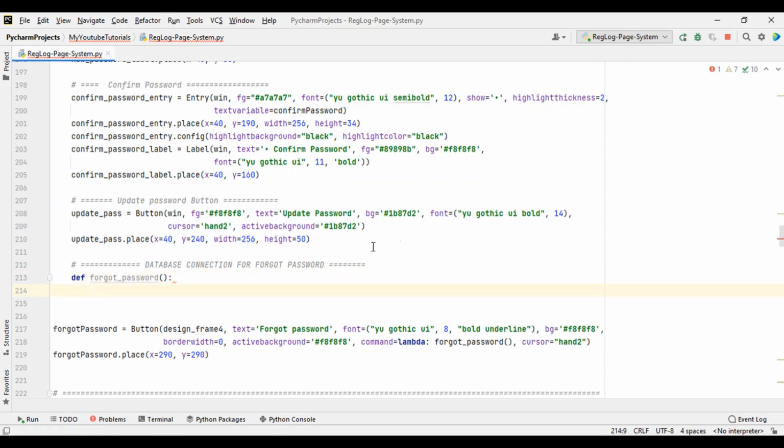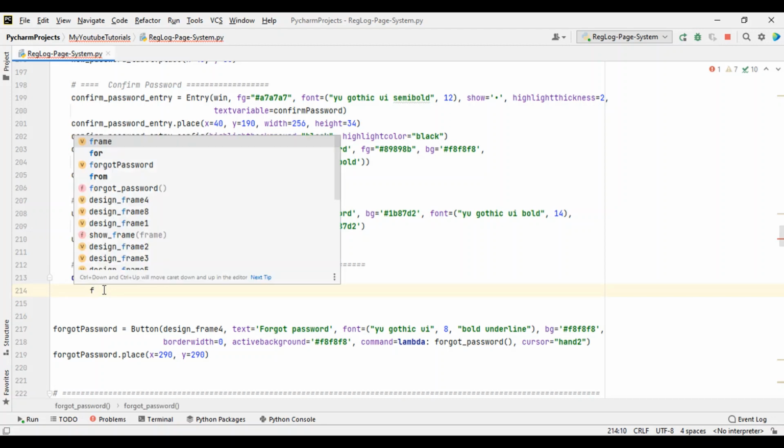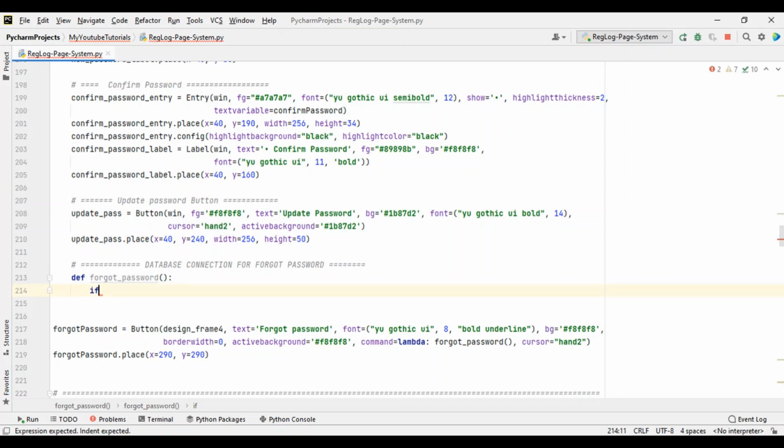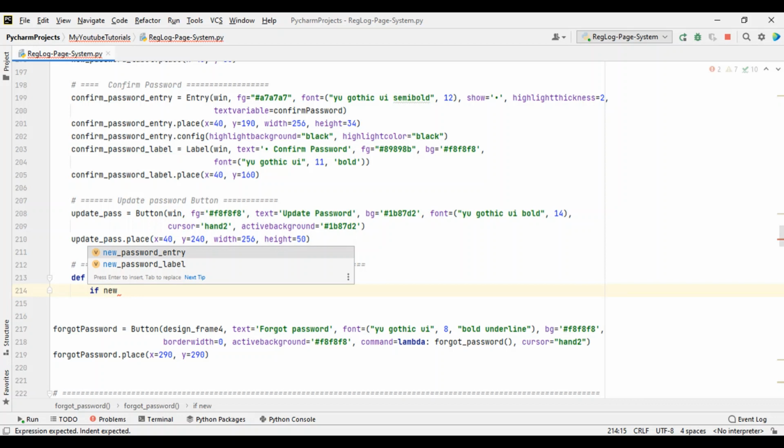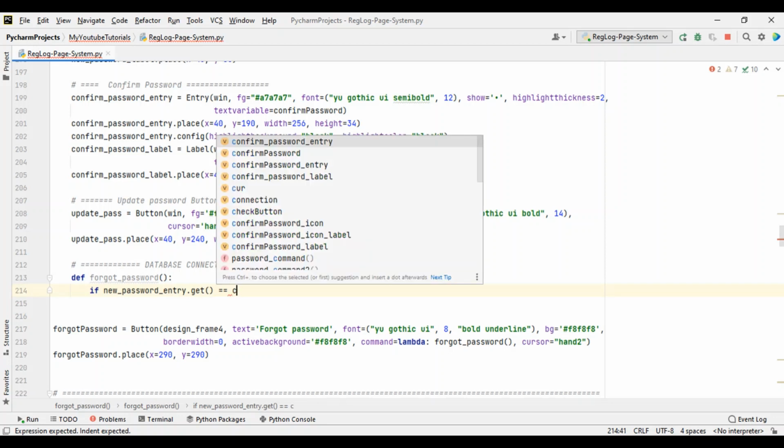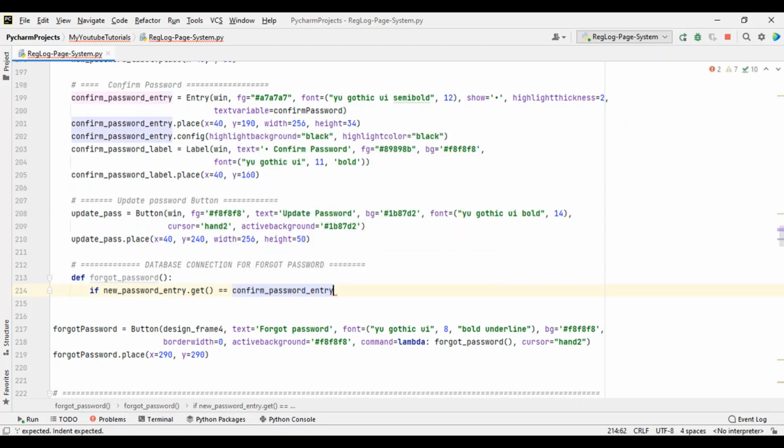All right. So under here, let's use the if function because you're having two password entries. So let's say if new password entry dot get is equivalent to confirm password entry dot get,